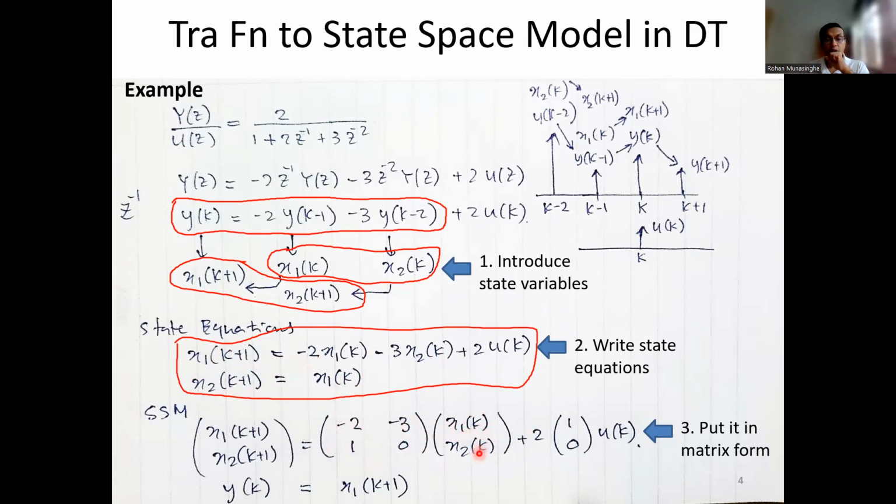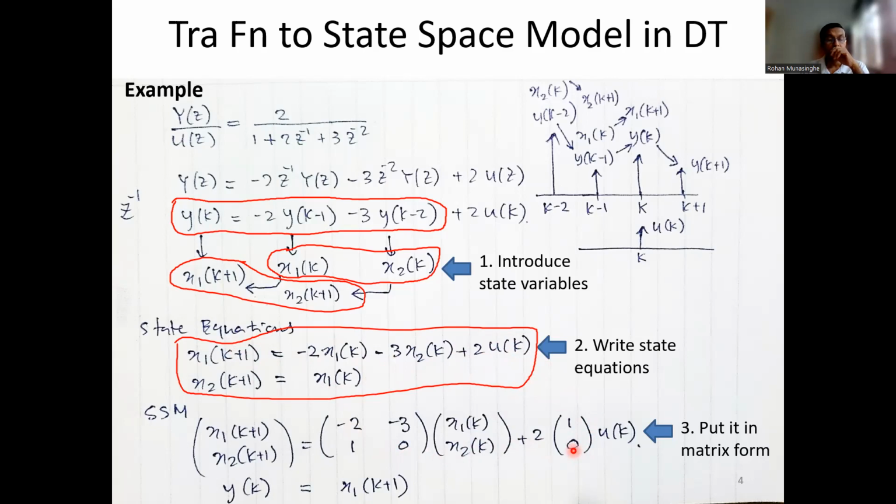And after that, x1k, x2k. So when you multiply first row column, you get the first equation. Second row column, you get the second equation. Okay. Plus 2 times uk. uk goes into the first equation only, so it doesn't go to the second equation. So there's a 0 here,